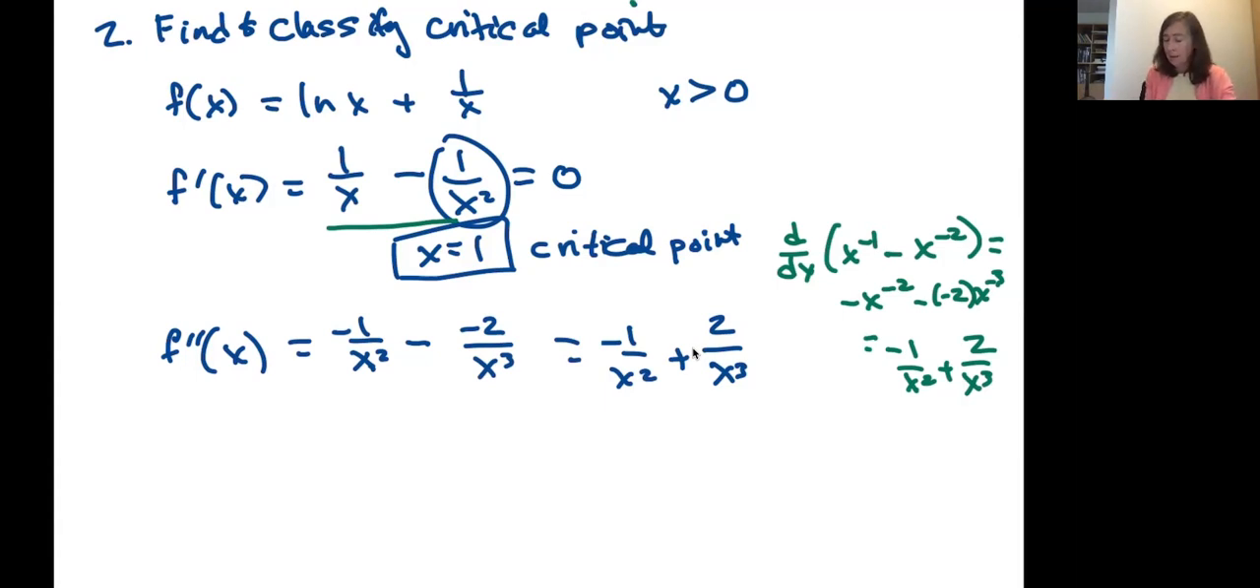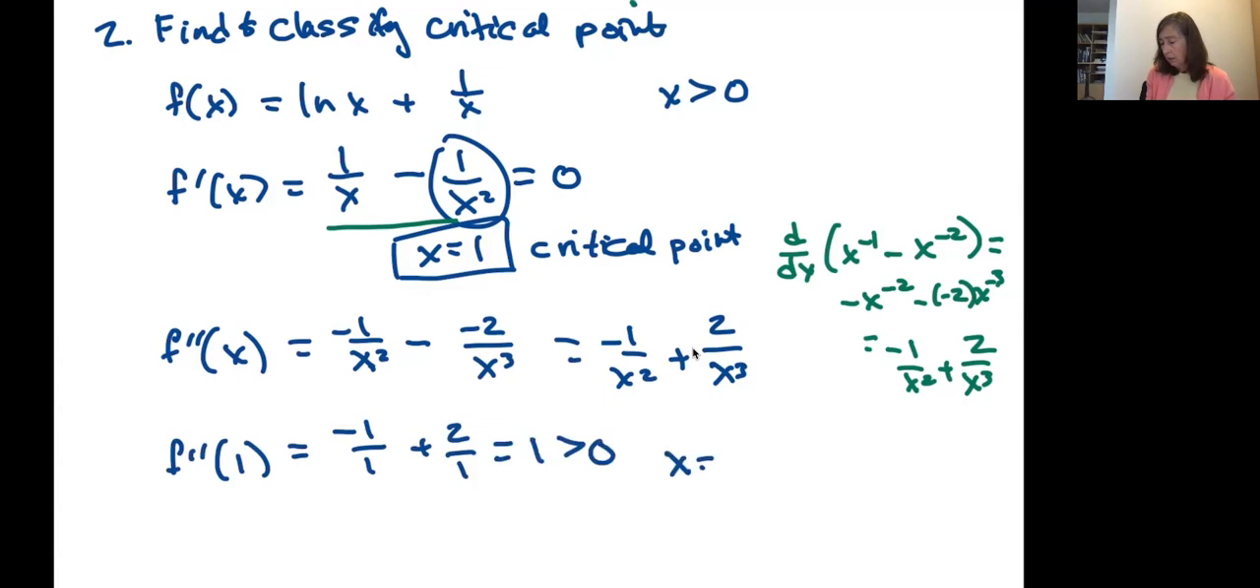Back to our main point here. Why were we taking that second derivative? Because we wanted to see what sign it had at our critical point of x equals 1. So let's just put that critical point right in. Second derivative evaluated at x equals 1 is negative 1 over 1 plus 2 over 1, which is 1. That is greater than 0. So x equals 1 is